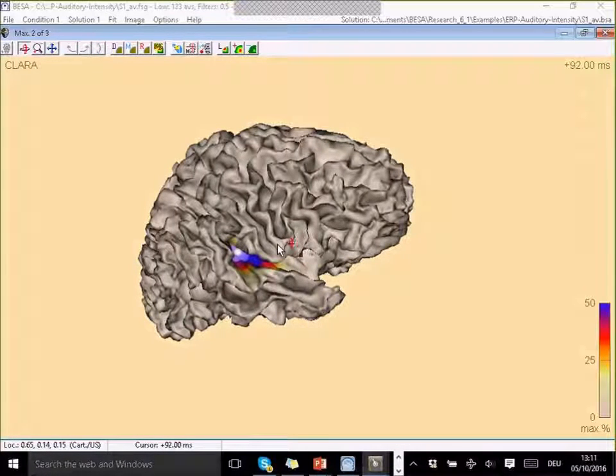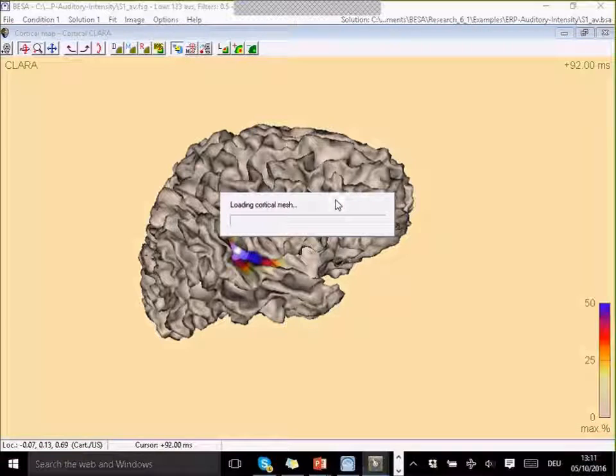And if I can't see the source because it's too far inside, I can also use the inflation of the brain. So this will blow up the brain to a smooth surface and still show us the cortical folding by a gray value, and show us the activation on top of that. So again, this takes half a minute or so to prepare the mesh geometry. And while this prepares, I'll tell you as well that